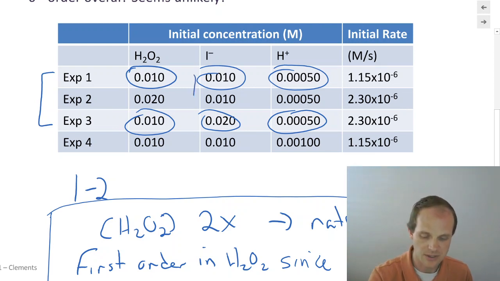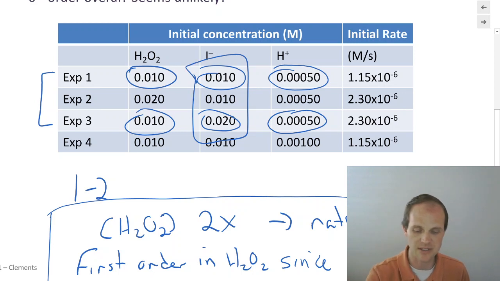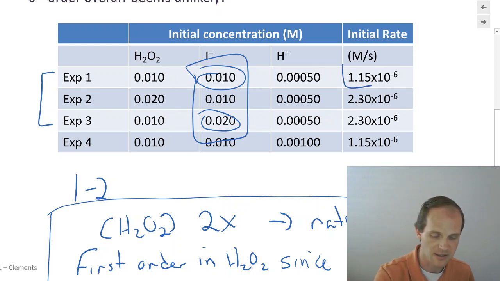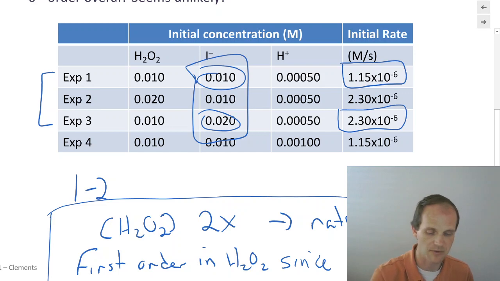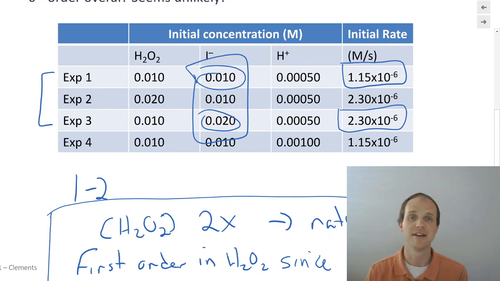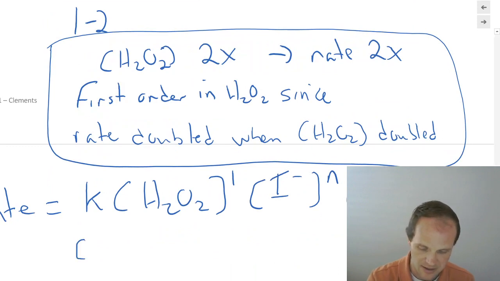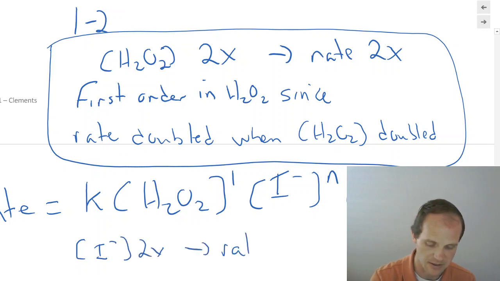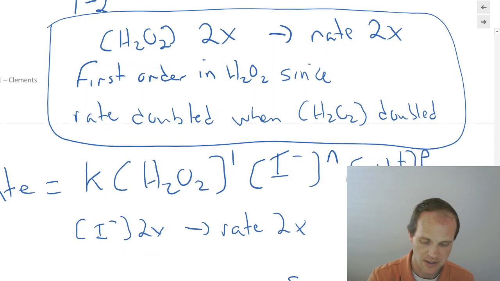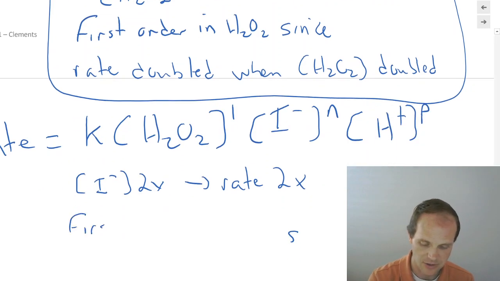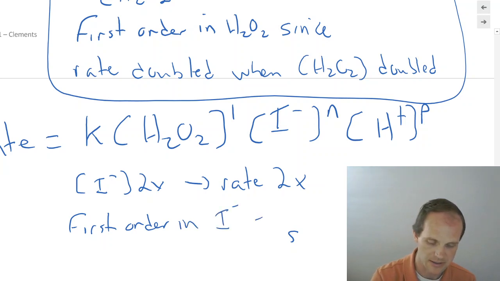And so what did we do? We took the concentration of I minus and we doubled it. And what did we do to our rate? It also doubled, because you remember from our last one that 2.3 divided by 1.15 is 2. And so we can also say that when we doubled the concentration of I minus, we got a rate of 2 times. And so we can say it is first order in I minus, since rate doubled